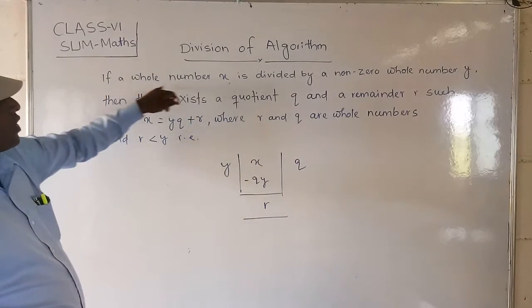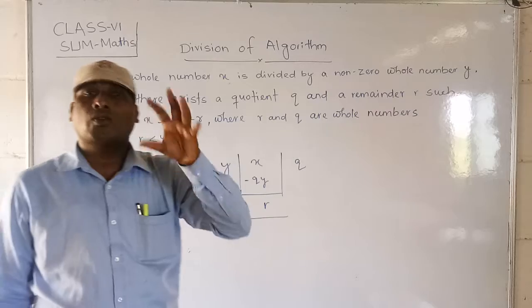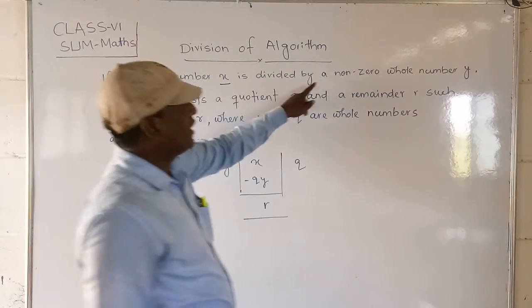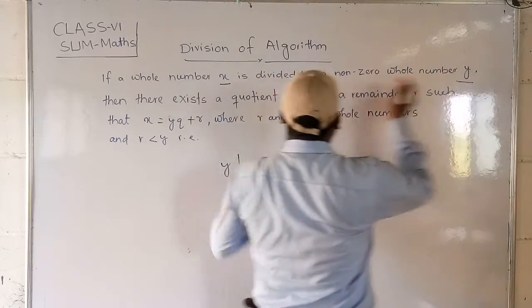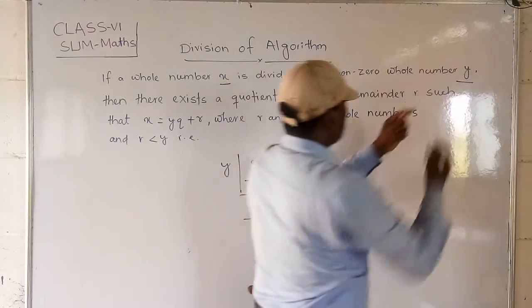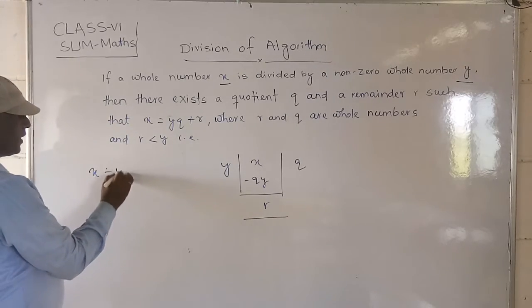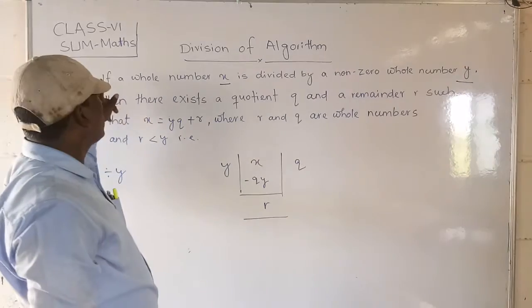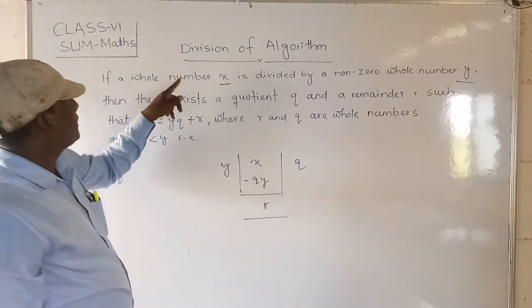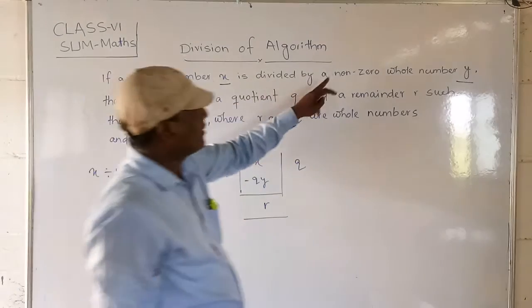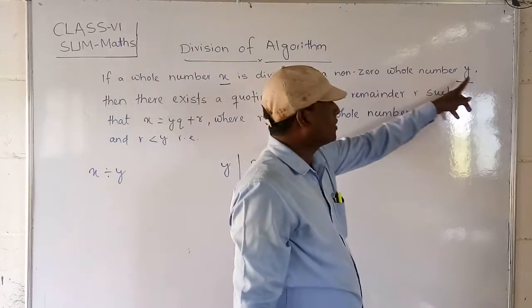Suppose your whole number is x, one whole number. Careful observation: it is divided by a non-zero whole number y. That means x is divided by y. Students, carefully observe: x is divided by y. If a whole number x is divided by a non-zero whole number y,